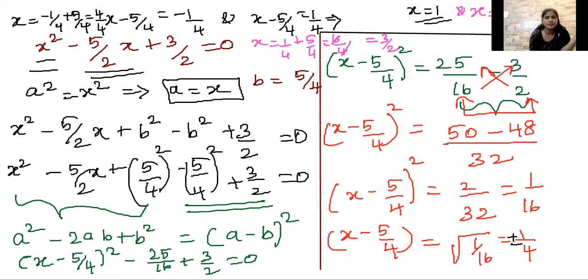So in the first step, you assumed the first expression as a square and the second expression as minus 2ab for finding the value of a and b. And in the second step, you added b square and subtracted b square for applying the method of completing the square. After that, in the third step, you took the first three terms and changed that into the form of a minus b the whole square. After the simplification, we found the value of x, which is the root of the quadratic equation.